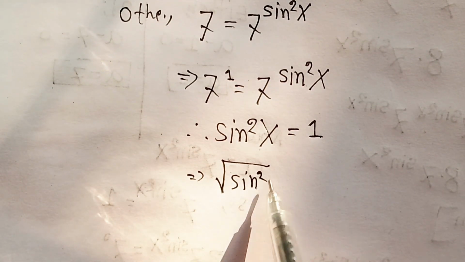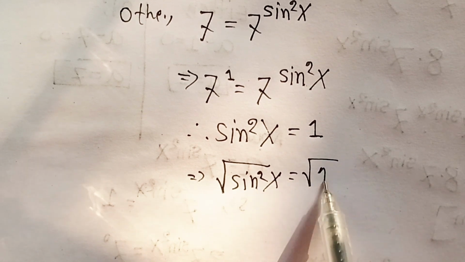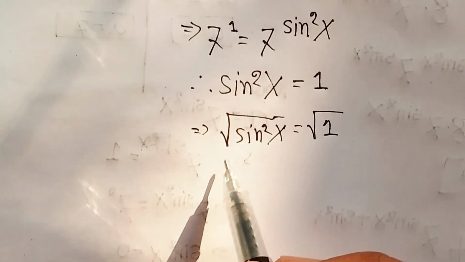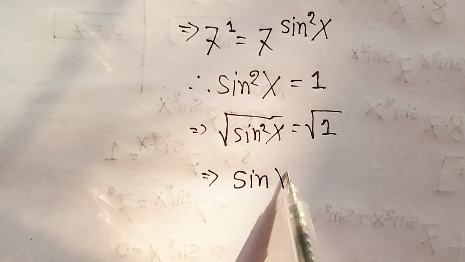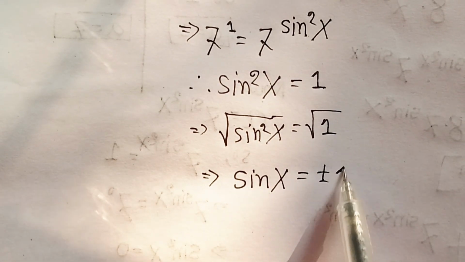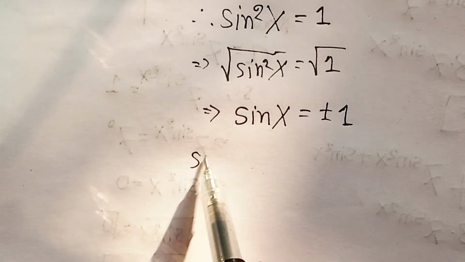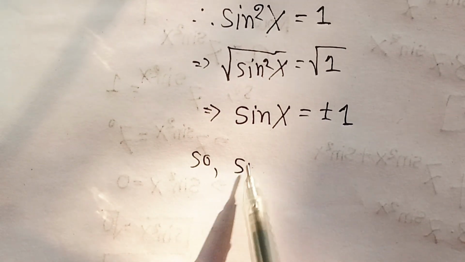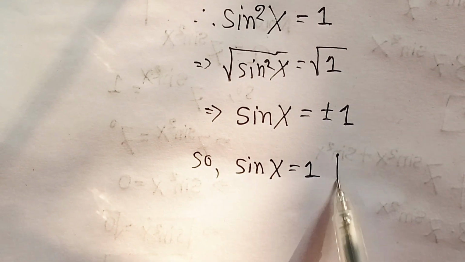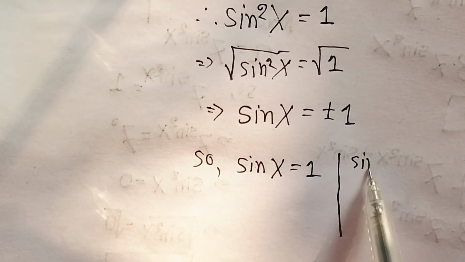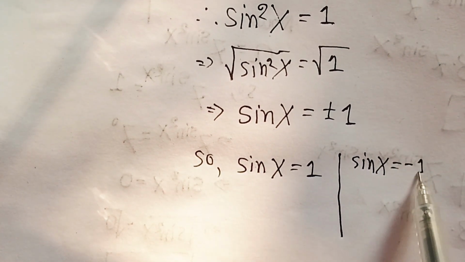Now we take the square root of both sides, then we'll get sin x is equal to plus or minus 1. So from here we'll get a minimum of two answers for x. It will be sin x is equal to 1 or sin x equal to